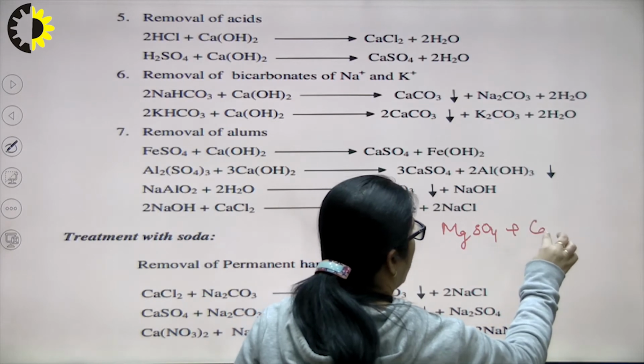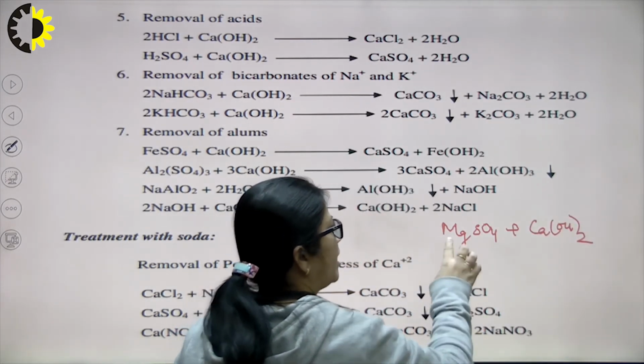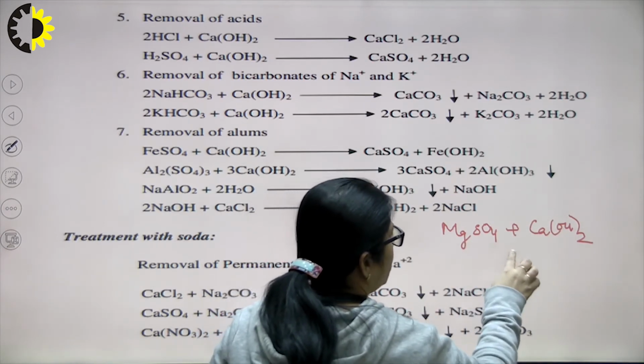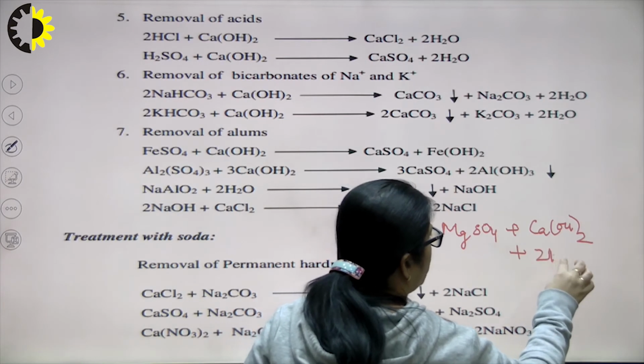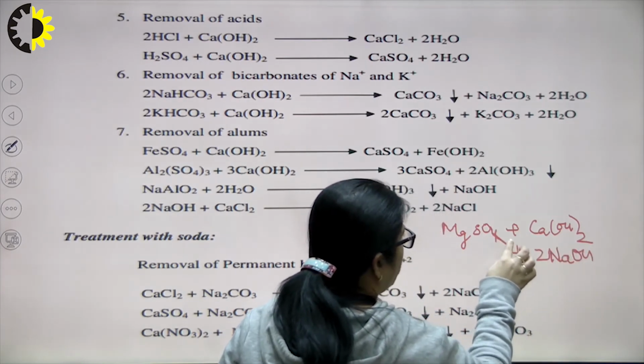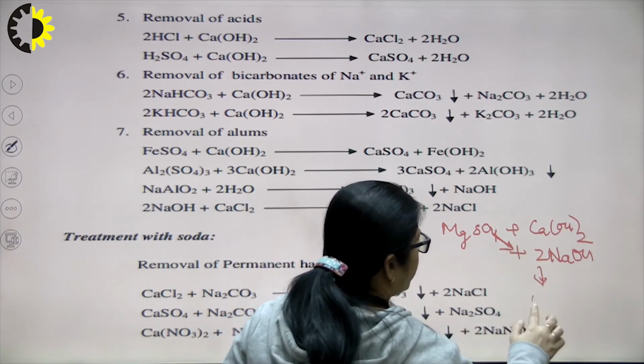Then if I require lime for its neutralization so that magnesium hydroxide is formed, instead of lime, I can do the same reaction with 2 moles of NaOH. If I react magnesium sulfate with 2 moles of NaOH, then the reaction will be